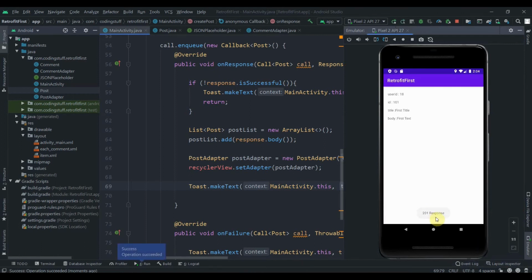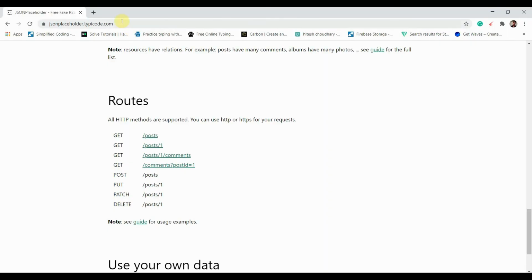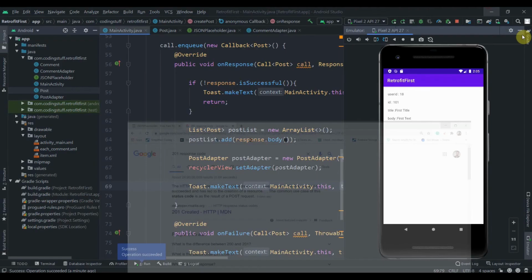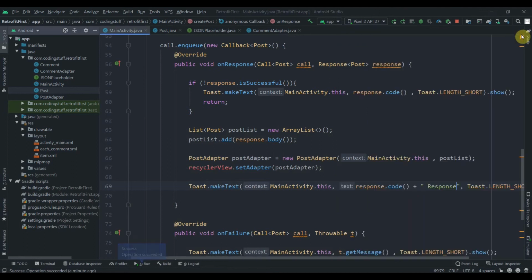As you can see, 201 response. So basically the 201 response code means created successfully. It is a success status, which means it is created. Okay, so that was one way.